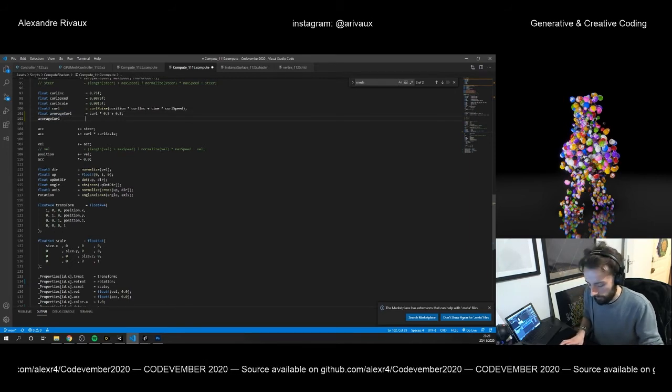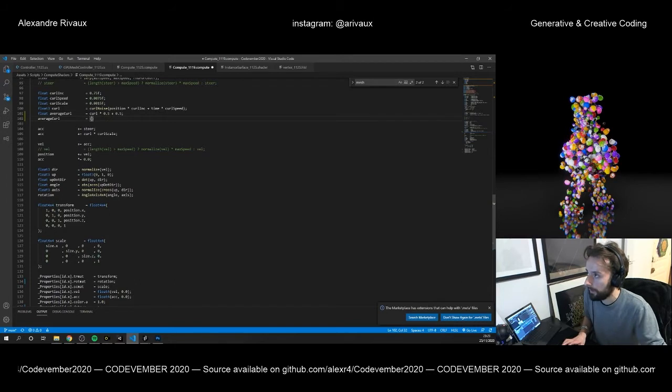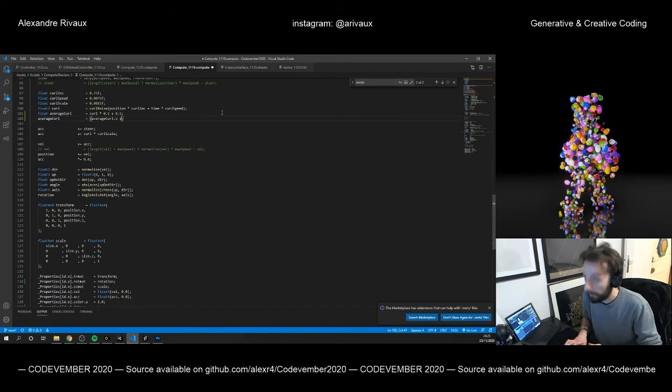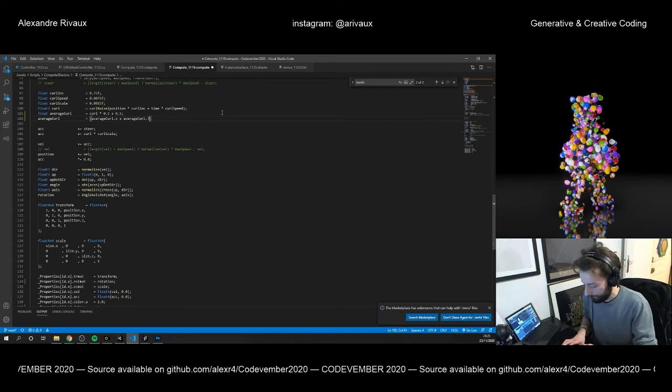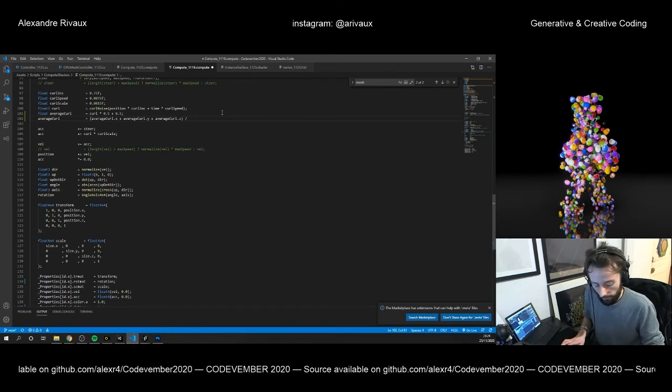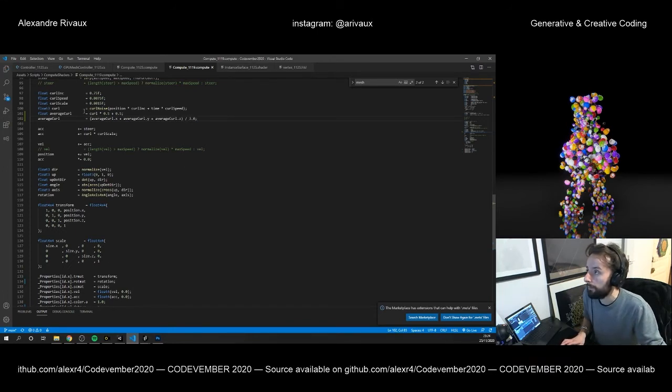Then this average curl will be simply equal to the average curl dot x plus y plus z divided by 3,